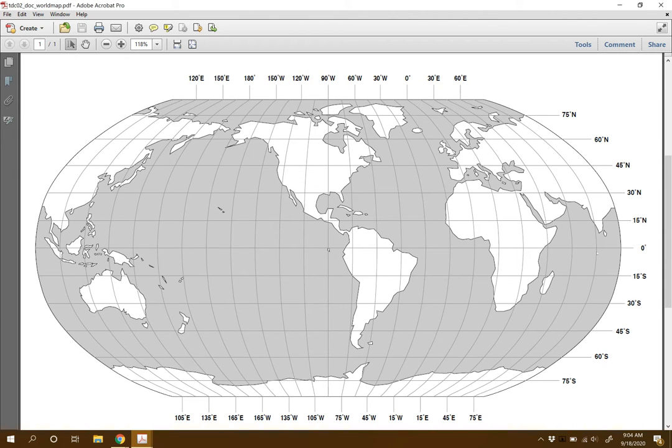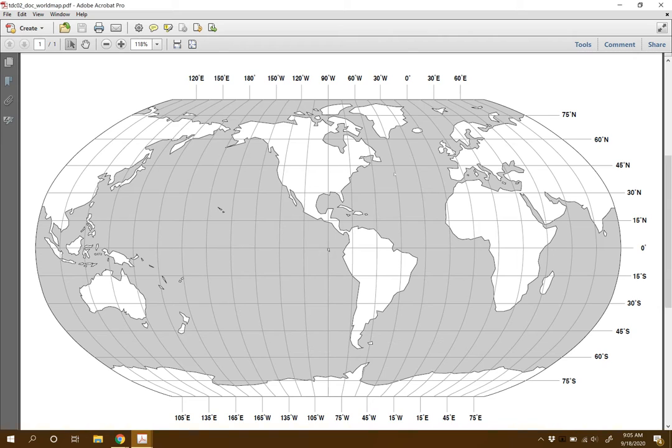So the lines that are above the equator here, these are the lines of latitude, which are north, and then we have the ones that are south. We have the east-west lines as well. The east ones, as this map shows us, are on the edges right here, and then the west lines are here in the middle. So anytime we want to find a location, we can always do so by giving its